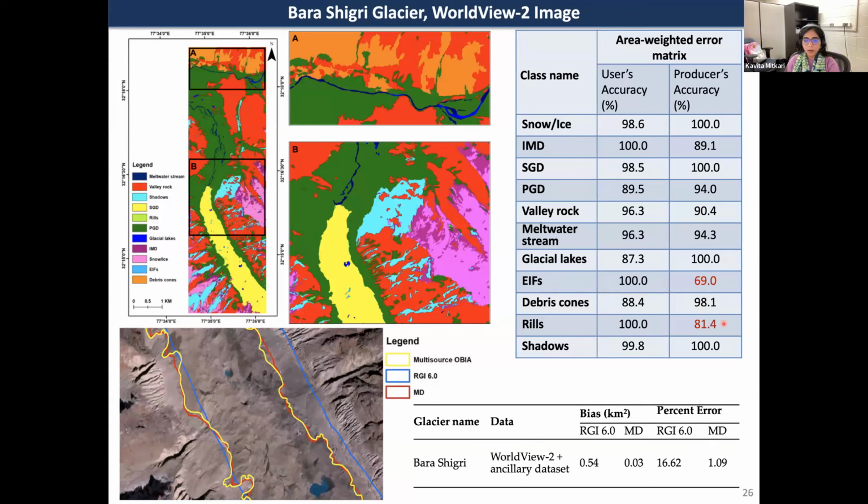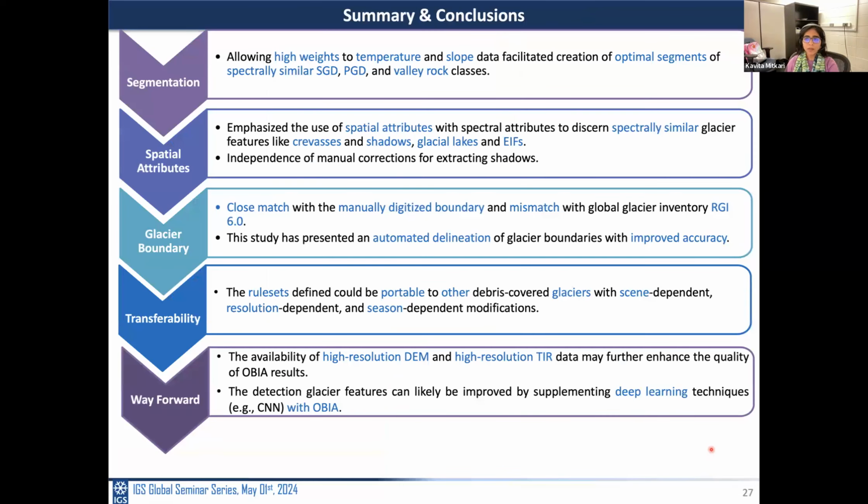So again, here also the comparison of the glacier boundary with the RGI and the manually digitized one reveals a close match with the manually digitized one compared to the RGI one. So coming to the summary and conclusions,